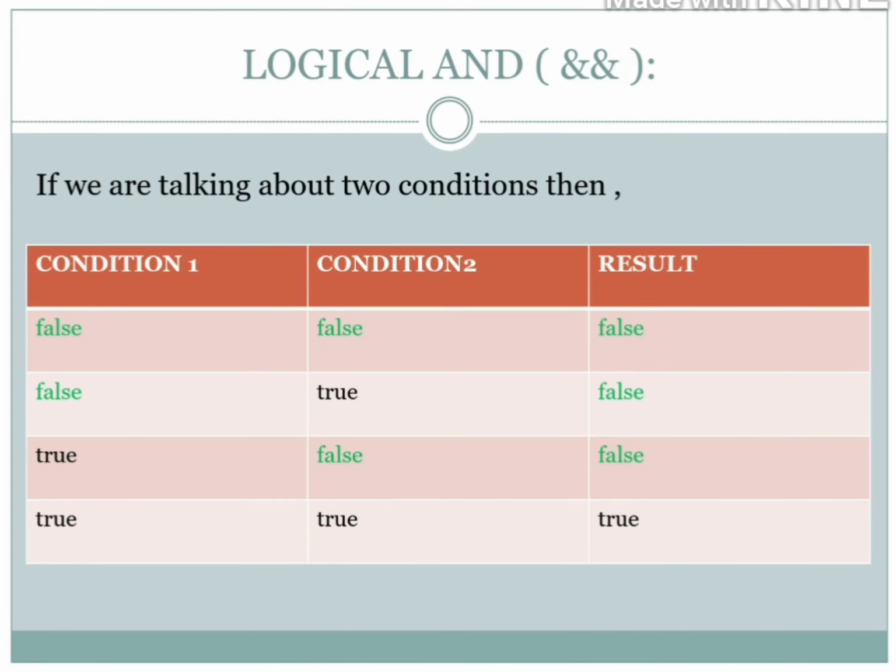See, if I'm taking one example that we are having different kinds of conditions, maybe the first condition says false, another also says false, then the result of AND is false, of course. What I told you earlier: if both conditions provide us true, then the answer should be true, otherwise we are getting false. It means if any condition provides us false, then we are getting a false answer.